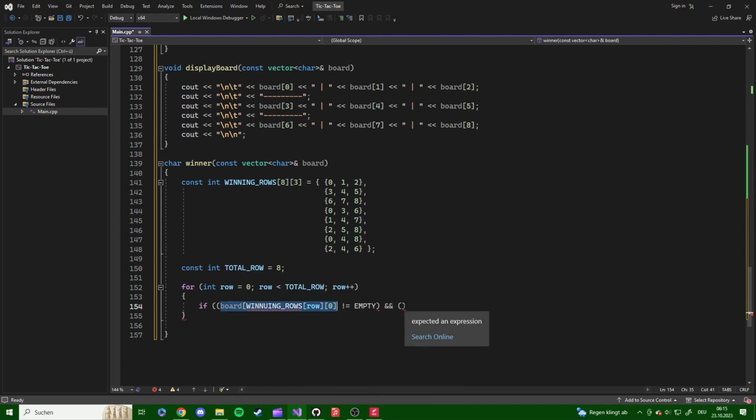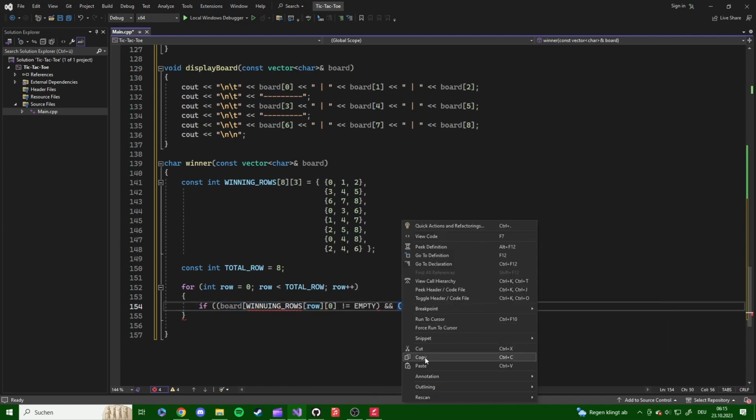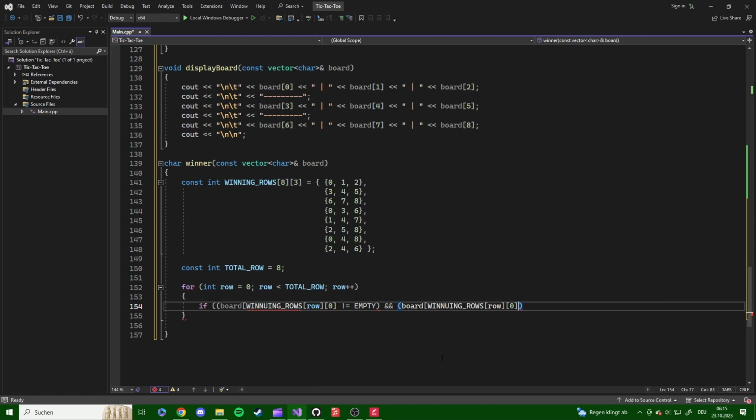We copy it and we paste it in here, and we set this equal to, and we paste it again in here, and we set this to 1 because now it looks if this row is equal to the second row. And now we have to do it for the second and the third row, and we say and